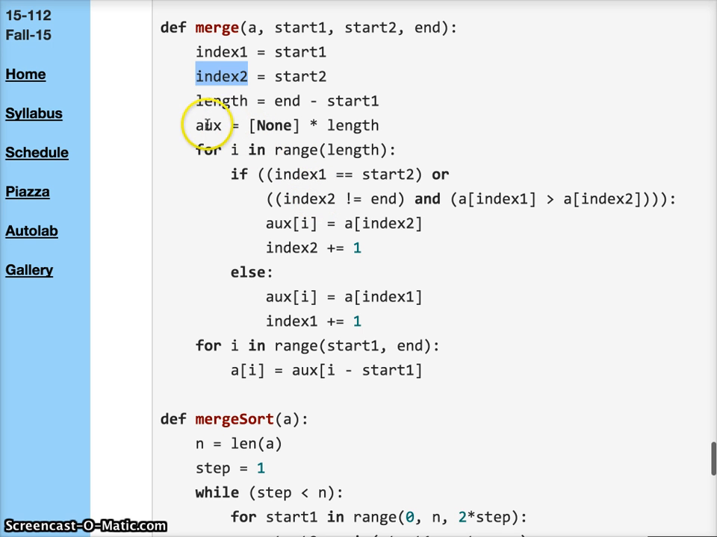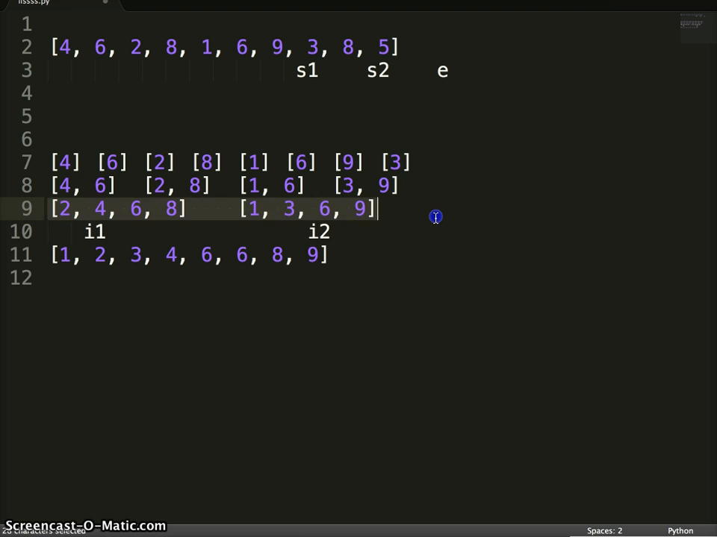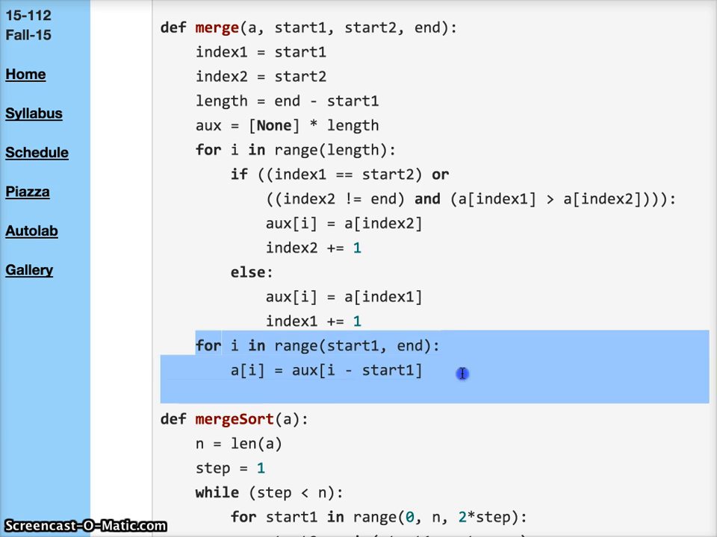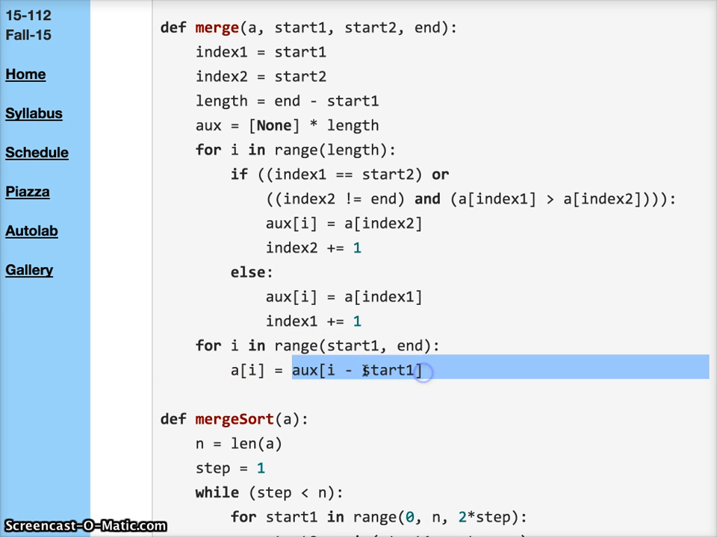Now what we're doing is basically building up this auxiliary list. We combine the two lists into another list, and then at the end we say, okay, I made this auxiliary list, now let's bring all of those elements and put them into the original list destructively, so that the original list is now sorted in the places that we want it to be sorted. If we look at what's happening, the length is going to be the end minus start 1, which is the size of the two lists combined. So we loop through and we say, okay,